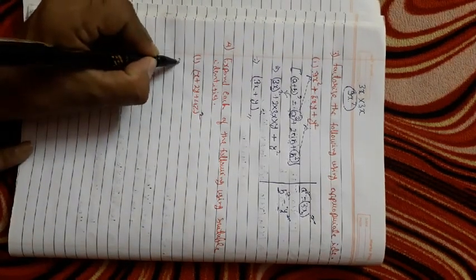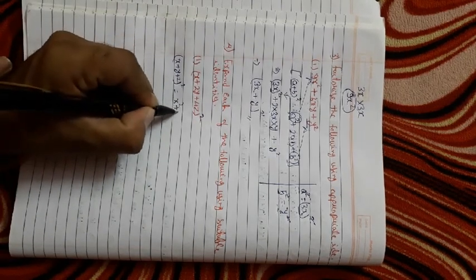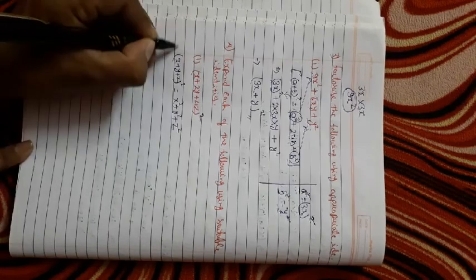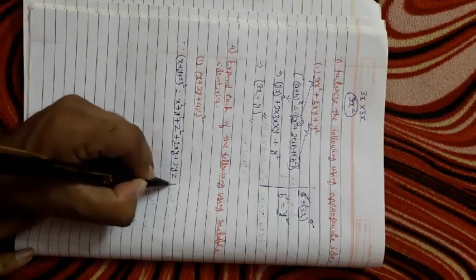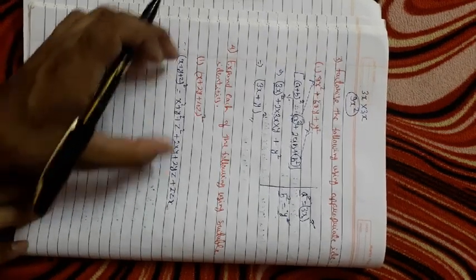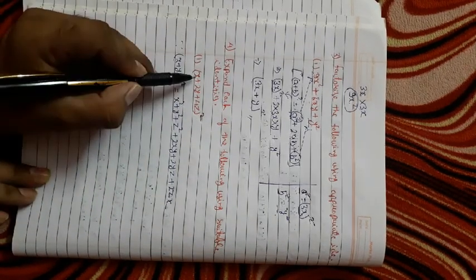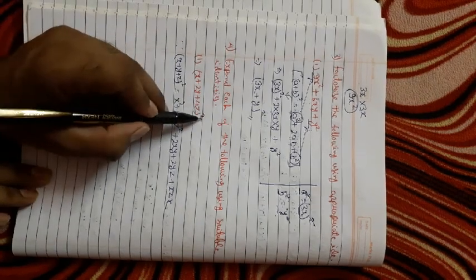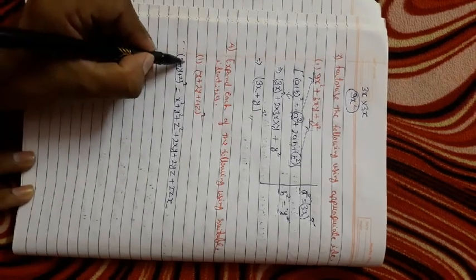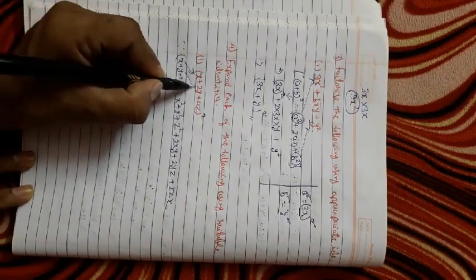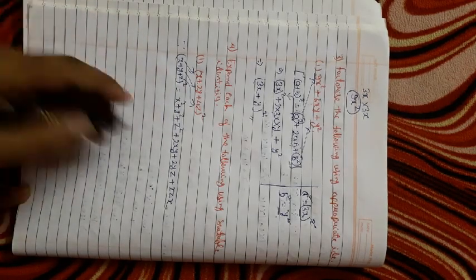So one identity we have is x plus y plus z whole square equals to x square plus y square plus z square plus 2xy plus 2yz plus 2zx. This identity can be used here. Why? Because all the terms are positive and their whole square, and 3 terms are there. So when 3 terms and their whole square with positive sign will be there, in this case this identity can be used. Okay, so when we compare, instead of x we have to take only x, instead of y we have to take 2y, and instead of z we have to take 4z. Now we'll put these values in this identity.